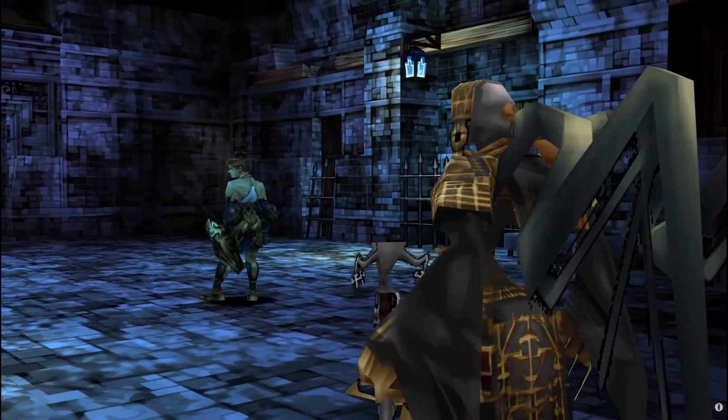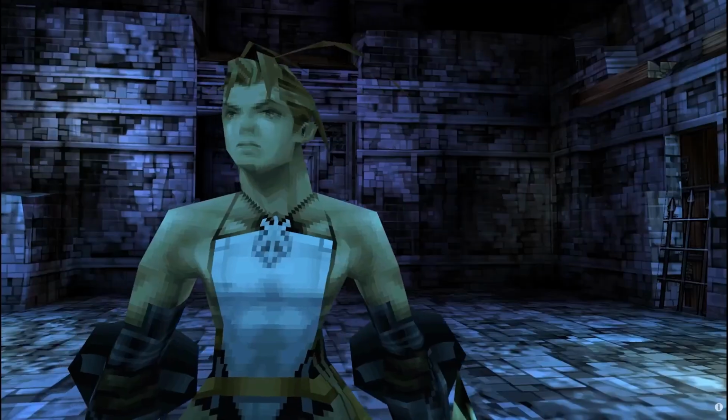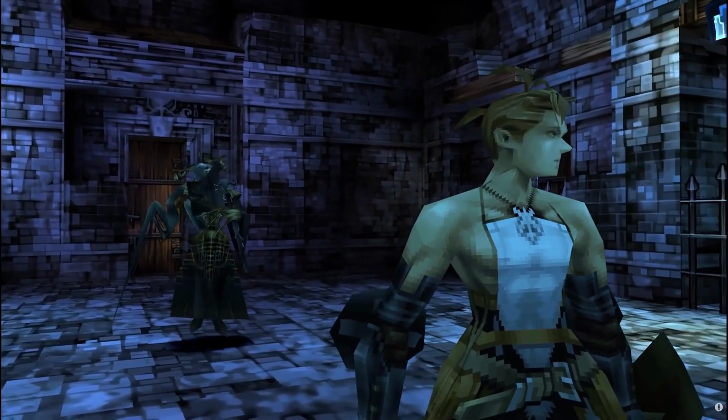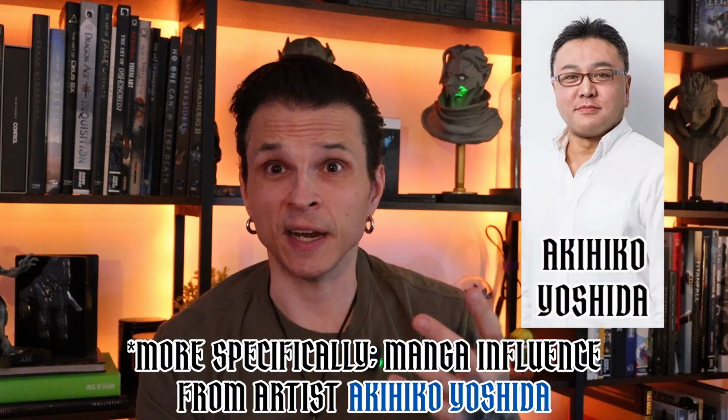Beyond the visuals, what really stands out to me is the overall tone. It's dark, moody, and incredibly cinematic. Yasumi Matsuno has talked a lot about his other inspirations, Jet Li films, Shakespearean theater, even comic books. Again, I think this is a great way to start deconstructing our influence instead of staying at the surface level. And ultimately, I feel that this is what can keep us from becoming derivative artists. But I think this also leads to another interesting point.